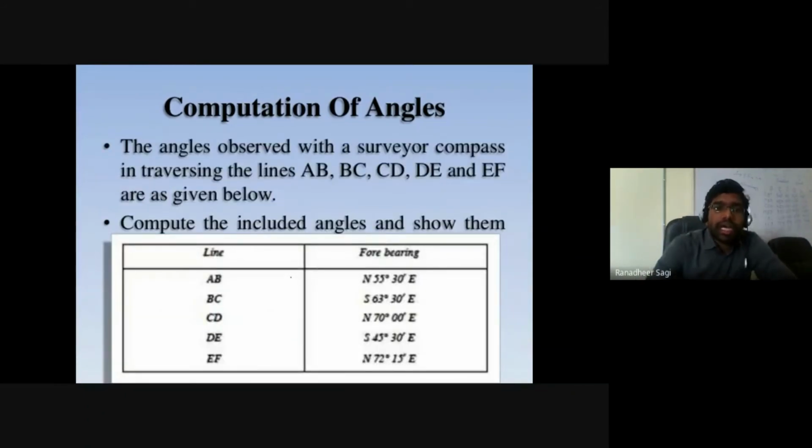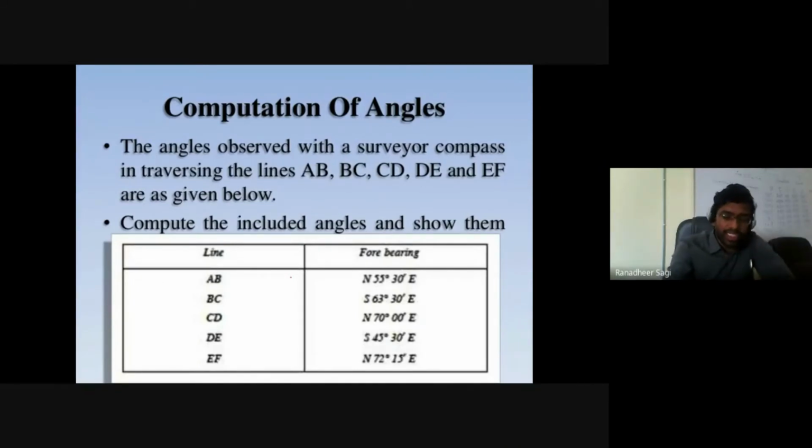So next, you are given some other data of a traverse that was carried out. The bearings of the traverse are given. But here, the data for those survey lines is given in terms of quadrantal bearings. Earlier, the data of that particular traverse was given in whole circle bearing representation, but here it is given in the quadrantal bearing system.